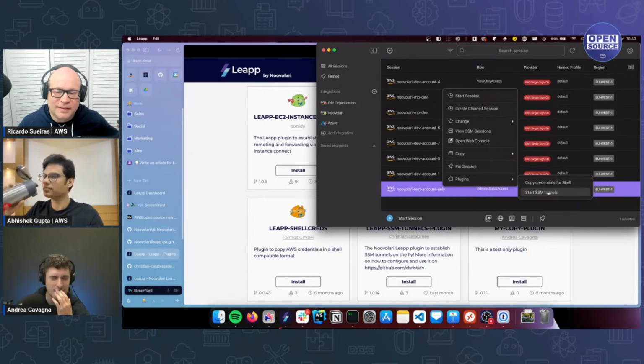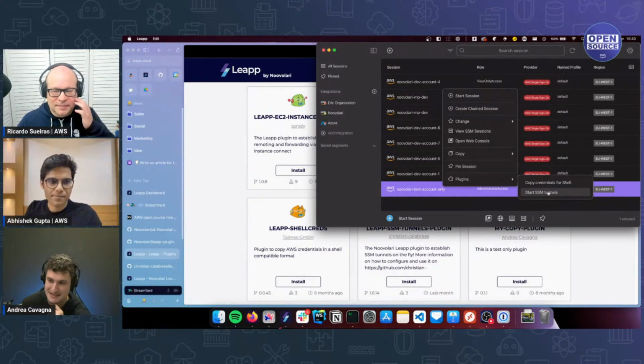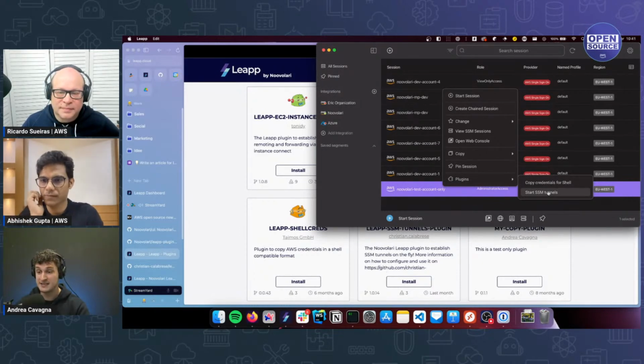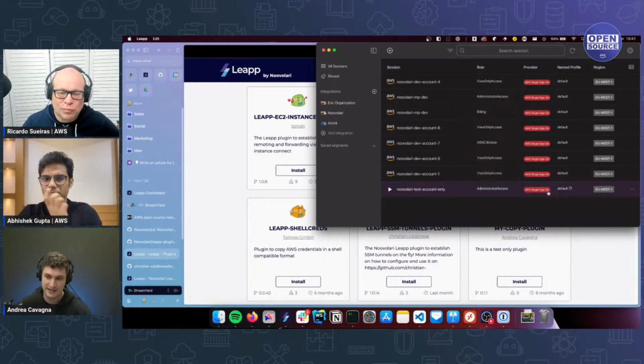With a plugin, I can show you one of the coolest things, I think, which is, even there with System Manager, a tunnel to an instance to connect to a Windows instance directly into RDP, directly from Leap.